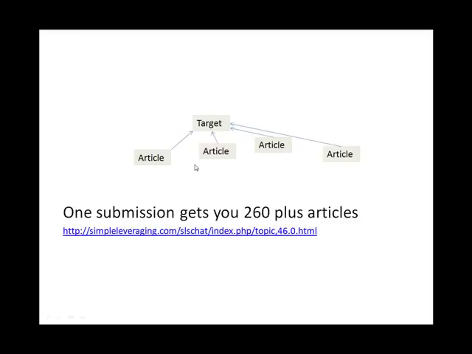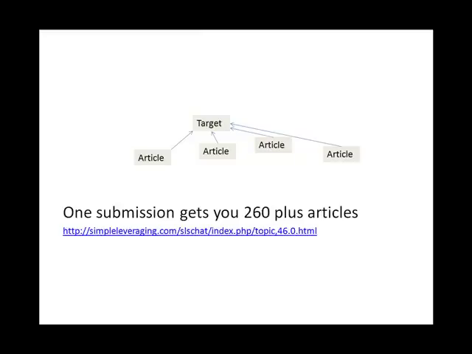As I said, it's run by the Article Exchange script, and if you follow this link in the simple leveraging forum, it will take you to a set of videos that show you how the network works and how to install the script. Now the installation procedure has changed, but if you have any problems, get in touch with Keith and the guys on technical support at Article Exchange. They are so friendly, so cool and helpful, you would not believe it. They update members with lists of the directories in the network on a regular basis, and I received an email today that said they had over 260 article directories in the network.